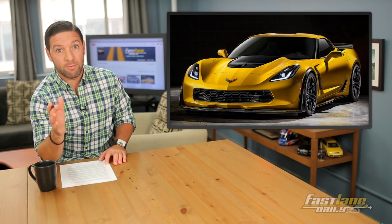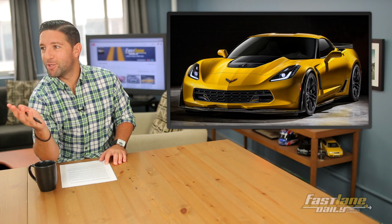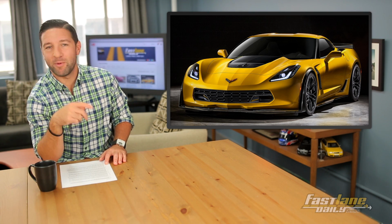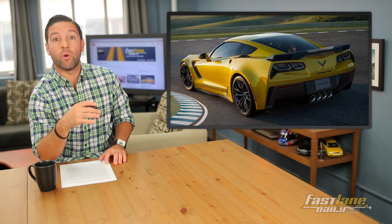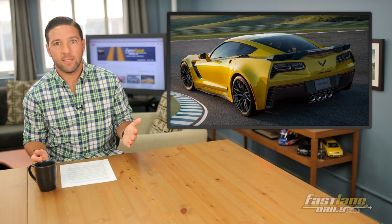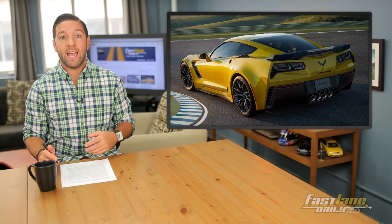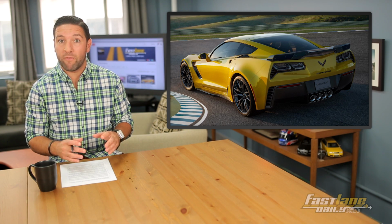That would obviously make it the most expensive Corvette ever by a large margin. Large Marge. And that reminds me of Pee Wee Herman. That probably also means it's going to be a world-class supercar. Okay? There. In 2020, the 8th generation Corvette will debut, and it's likely all versions of the Corvette will then